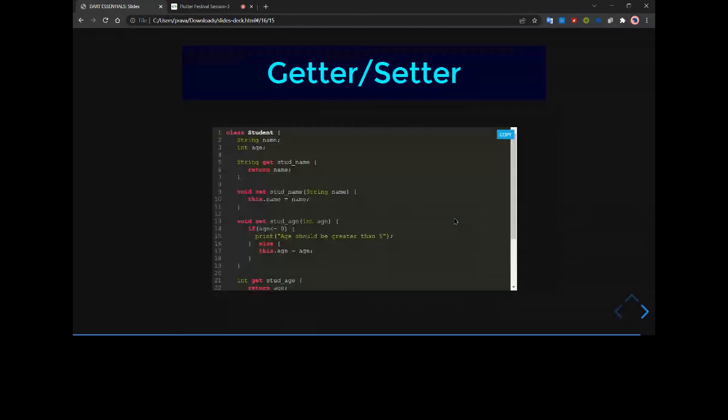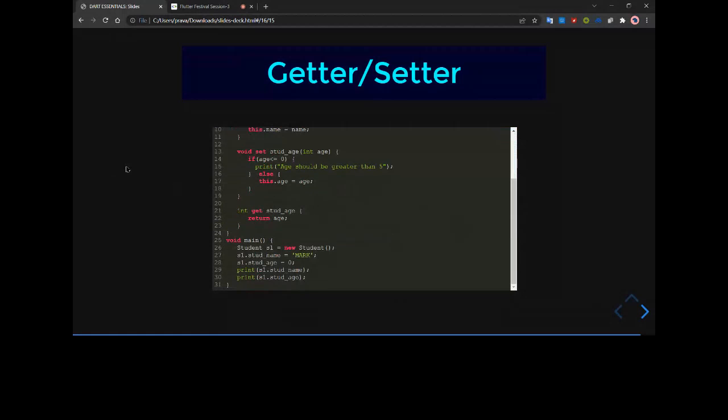So let's talk about inheritance. We can also use inheritance in our Dart programming language. Inheritance is the process of creating a new class called a derived class from an existing class. The existing class is called the base class, and the derived class inherits all the capabilities of the base class but can add new features and refinements of its own. Okay,